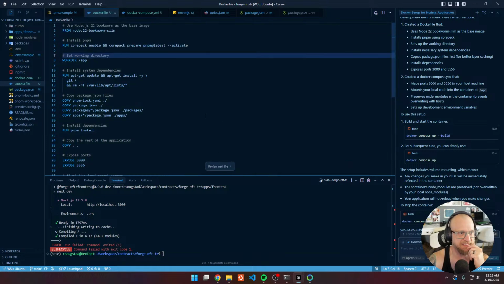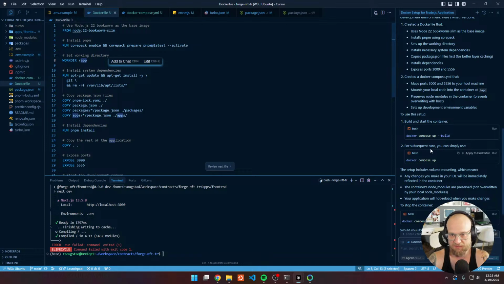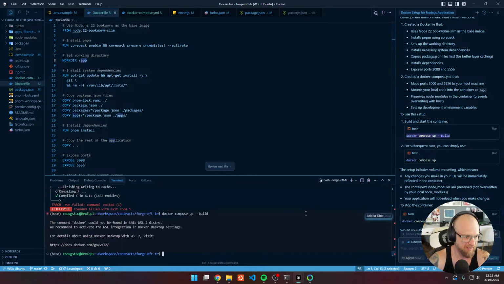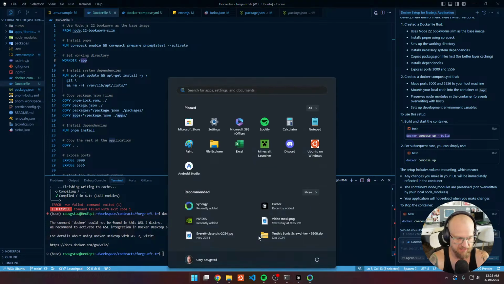So I don't see anything in here that's gonna totally fail, but I don't think that maybe that'll work. We'll find out. Okay, so docker compose up --build. Oh, that's right. I need to start Docker,